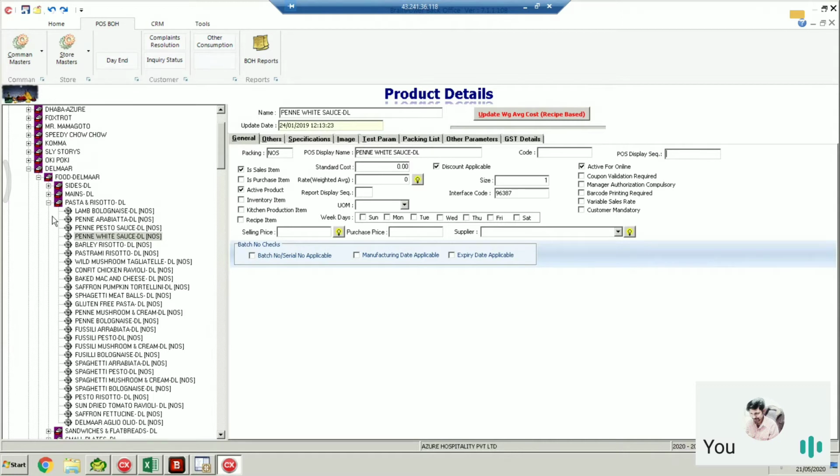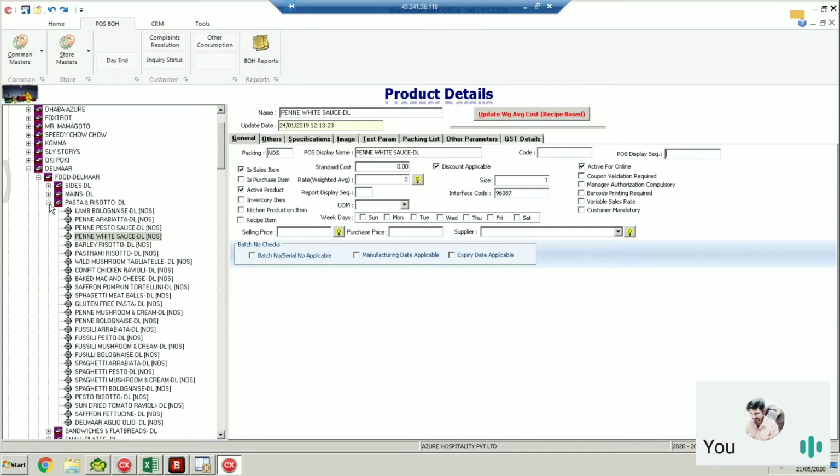But if I want the system to be intelligent enough to sort as per my prices, can it do the same or is it not allowed? Sorry, how do you want the menu? I'll confirm. For example, garlic bread in the outlet is 10 rupees in delivery, and pizza in the same category is also available and pizza is 100 rupees.